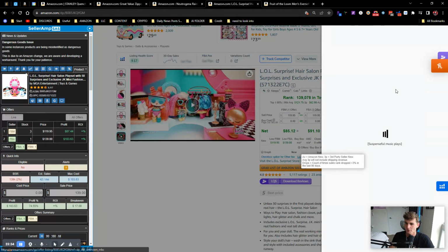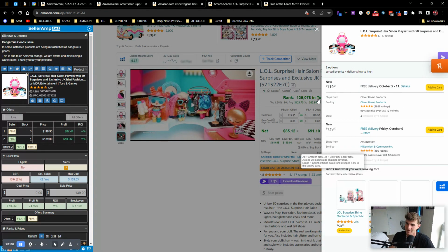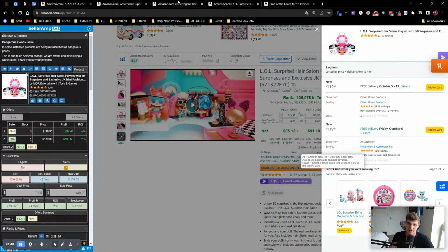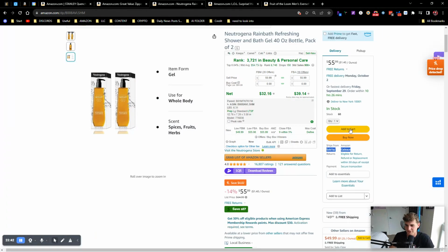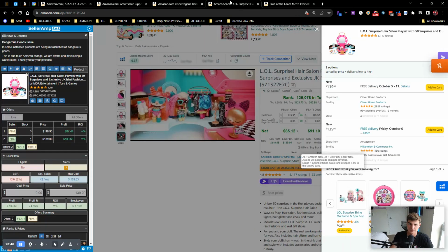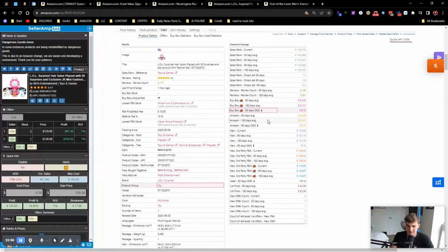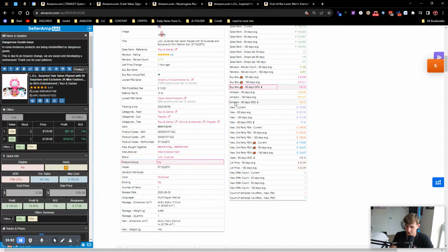See how it says see all buying options? So if I wanted to buy this, I would have to click see all buying options and then add it to my cart. Compared to a listing like this, I could just add it to my cart quite easily, or just buy it now from this page. And then to come back down here, it'll show you Amazon's